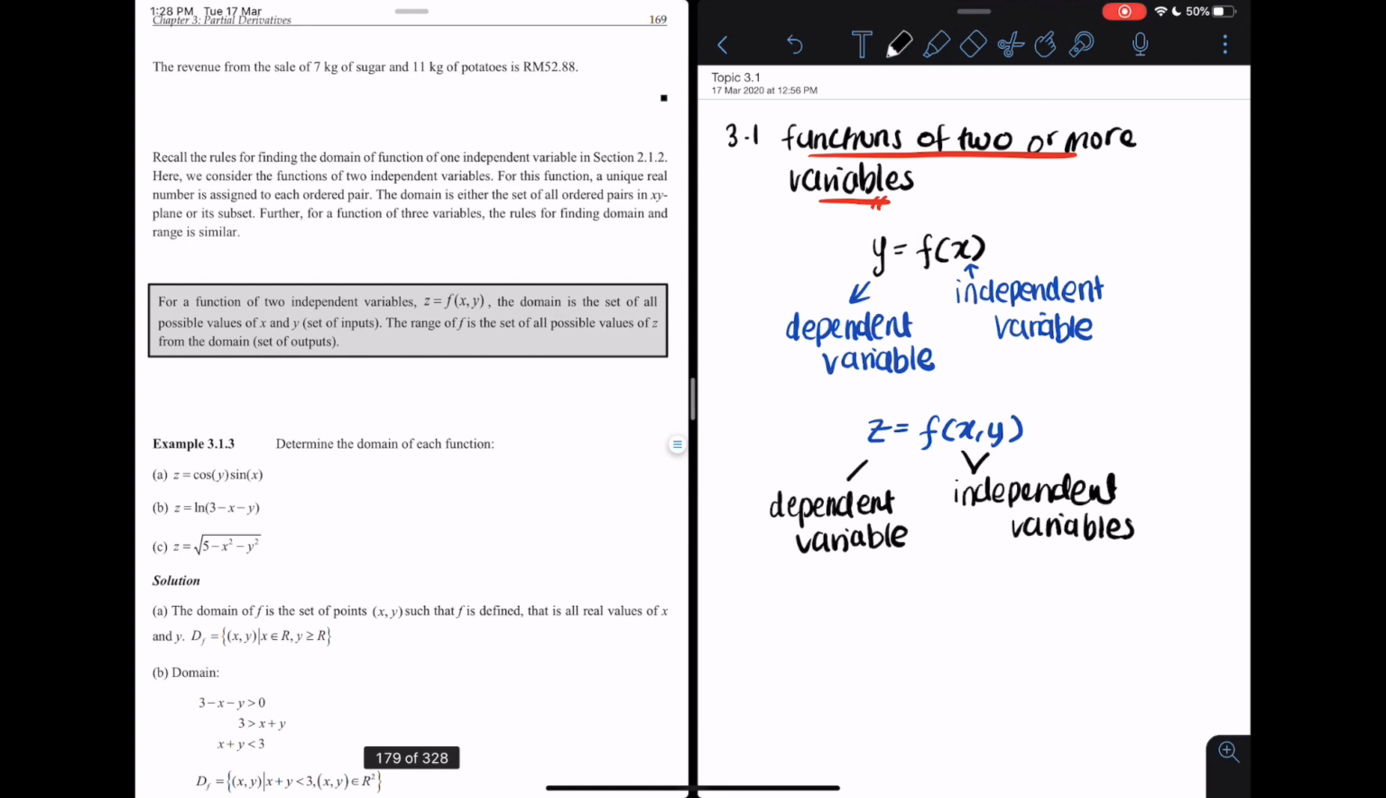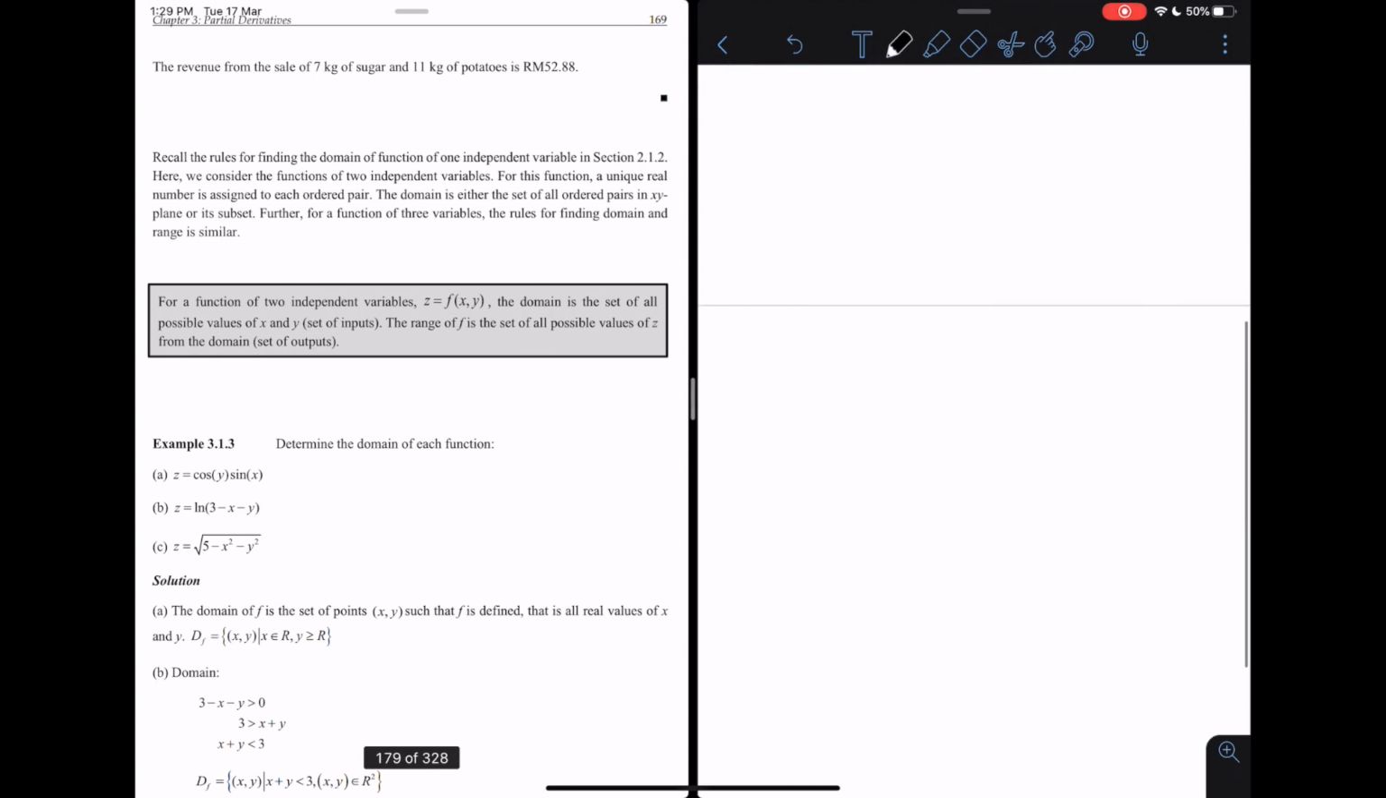So let us pay more attention towards the description given in this box, such as for functions of two independent variables, z is equal to function f(x, y), the domain is the set of all possible values x and y. The range of f is the set of all possible values of z from the domain. So basically, the domain is defined as the set of all possible values x and y, and these possible values x and y will lie in two-dimensional coordinate system that involves variable y and variable x. So let's take a look at the first